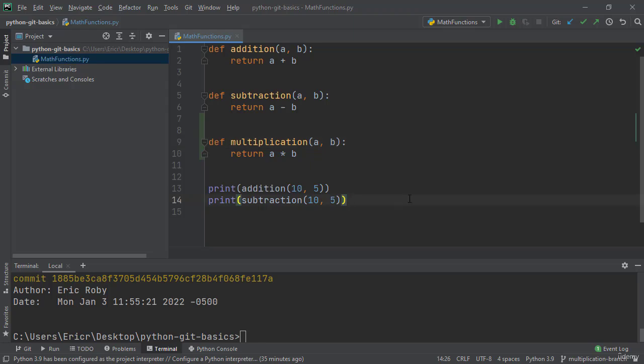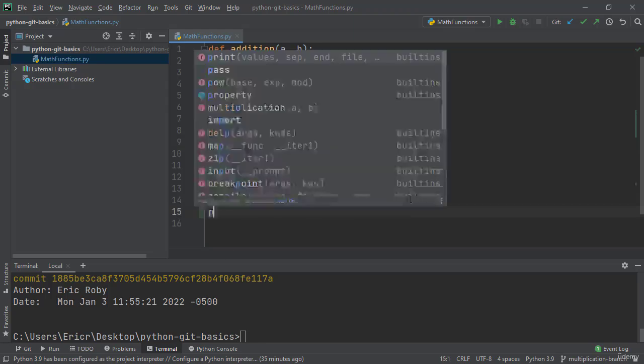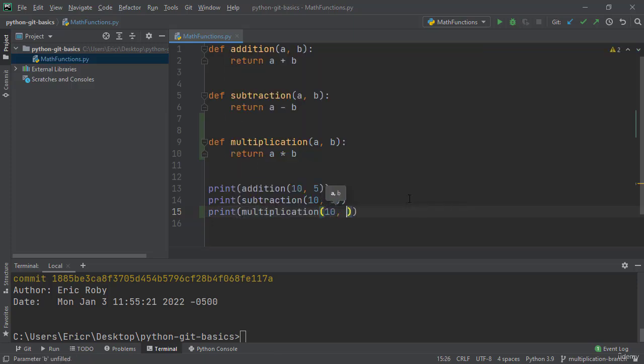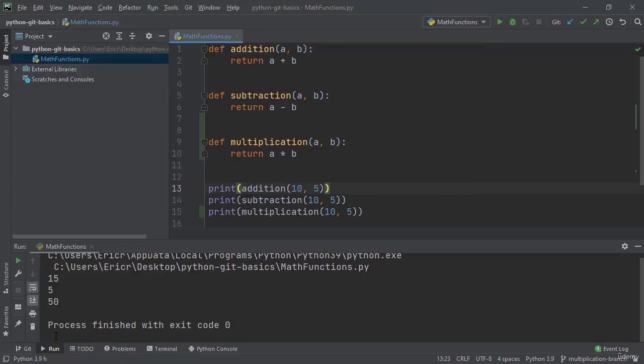And now let's print multiplication of 10 and 5. If we run this application, we can verify the multiplication functionality works. Now let's jump back to our